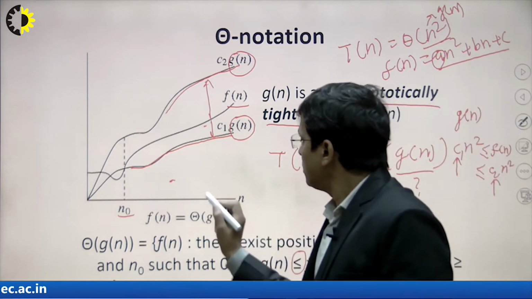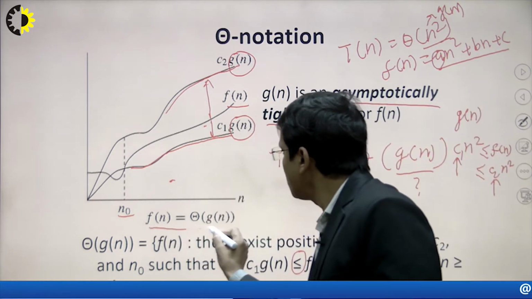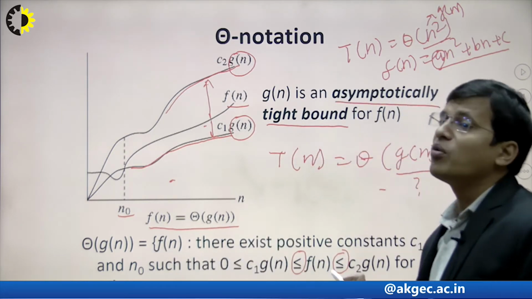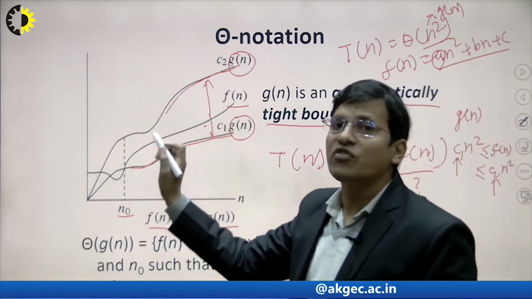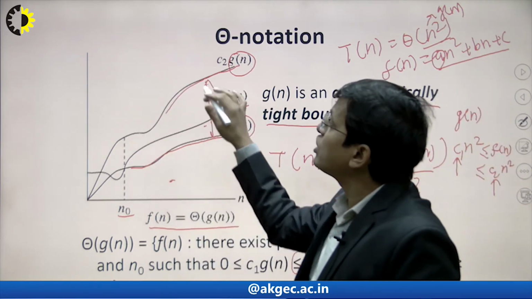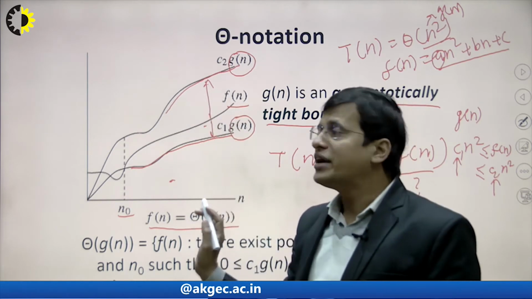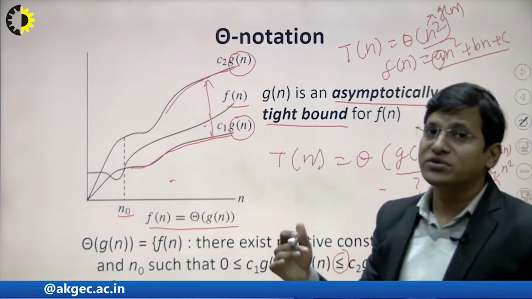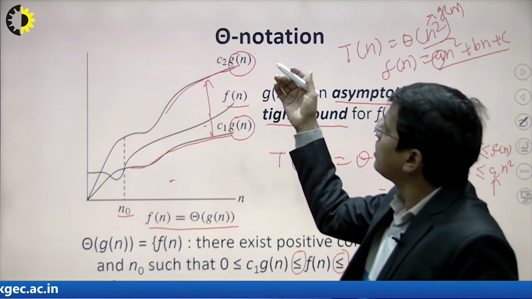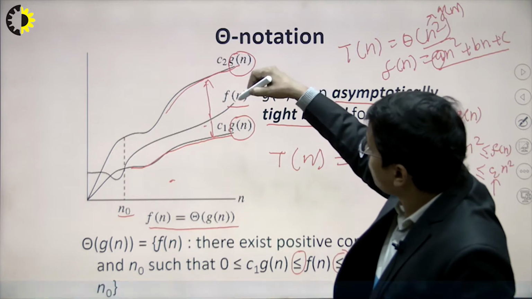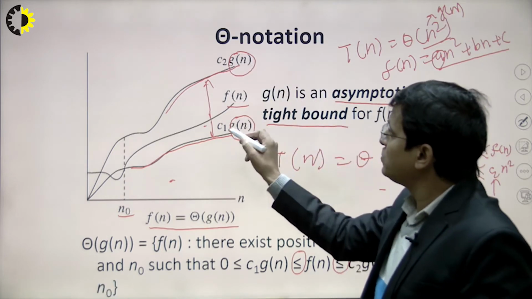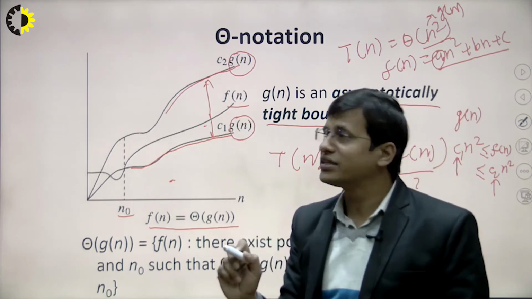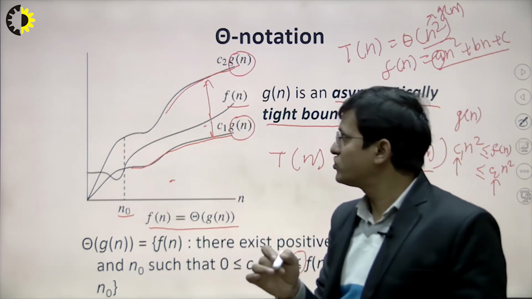So that's why we are trying to write this function in this form, that is theta of g of n, right? These are the definitions we have already discussed, and this is the graphical notation. If you know the graphical notation, the definition is quite easy, right? Just think about how f of n behaves in this theta notation: f of n lies between these functions c1 and c2. Here c1 is some constant, c2 is also a constant, but c1 is smaller than c2, because this is the lower value, right?